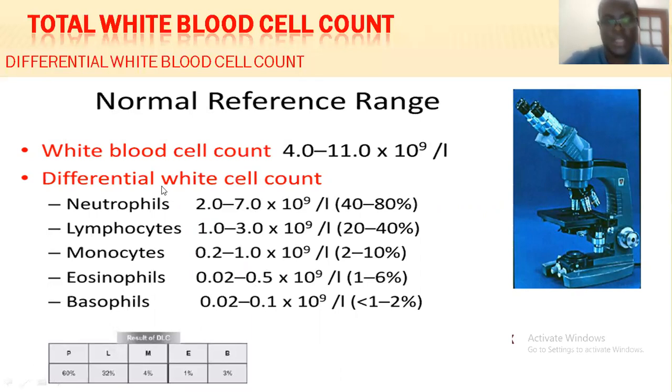But in terms of percentages, the neutrophils should have 40 to 80%, lymphocytes 20 to 40%, then monocytes 2 to 10%, then eosinophils 1 to 6%, basophils at the least should have 1 to 2%. So the majority of white blood cells are the neutrophils, followed by the lymphocytes, then the monocytes, eosinophils,